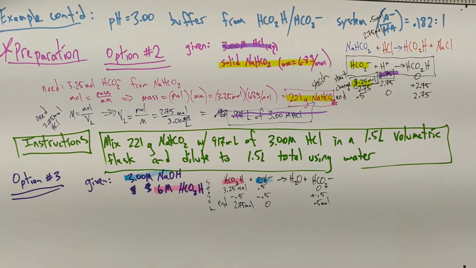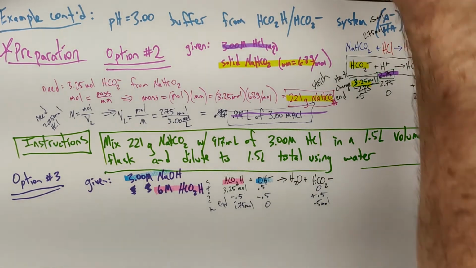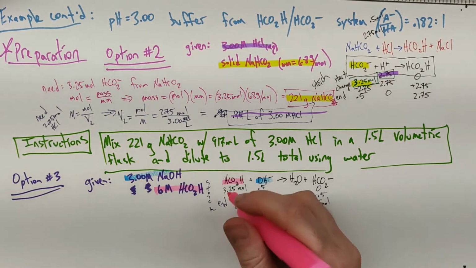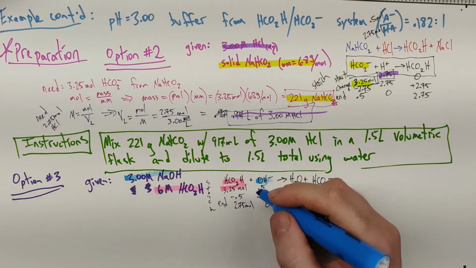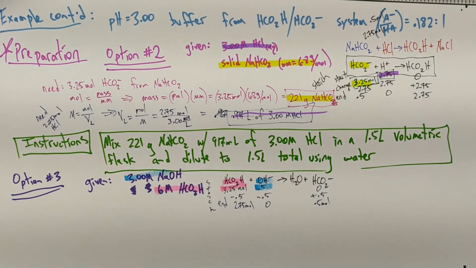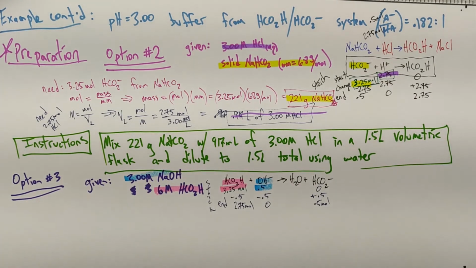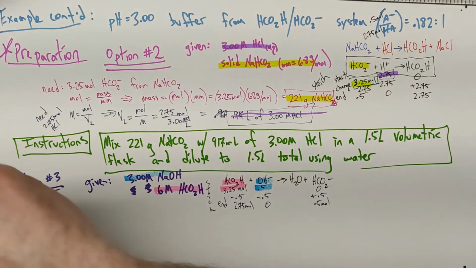And let's get those numbers to match with our highlighted numbers. The HCO2H is 3.25, and the hydroxide is going to be 0.5, and those are molar amounts. So we just need to come up with them. Another way to think about it is, and I'll write this off to the side, much as I begrudge that space right now,